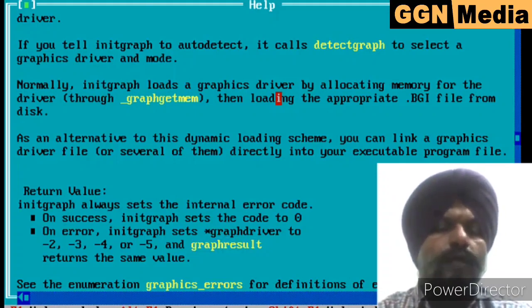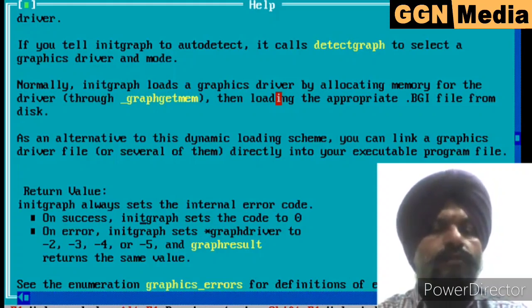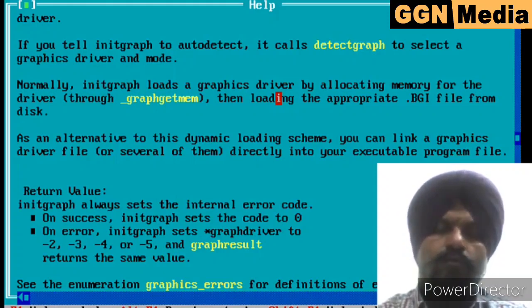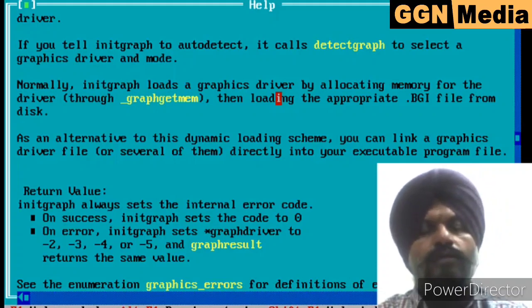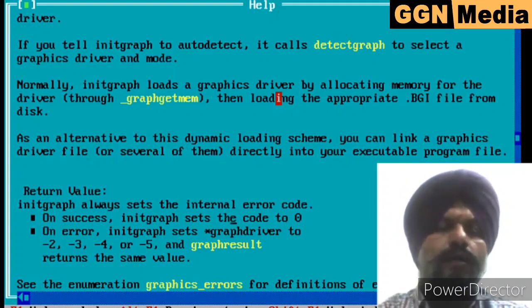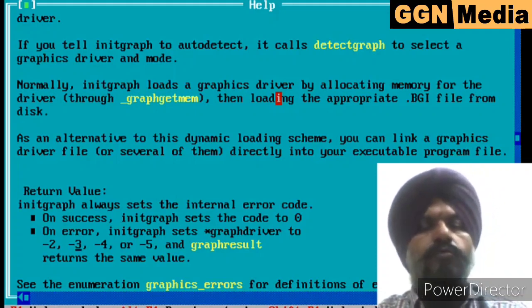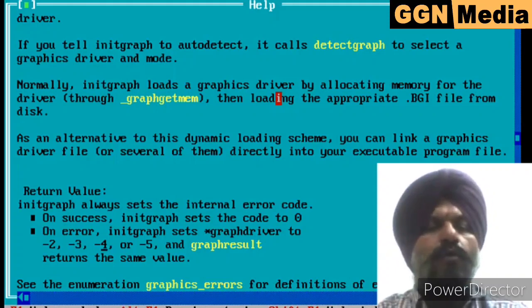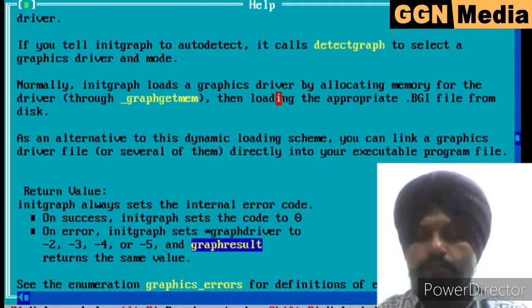After executing the initgraph function, we use graphresult. Graphresult returns a value based on initgraph. If initgraph is successfully executed and graphic mode is set, then it returns 0. It means the initgraph function is executed successfully. Otherwise, it will return negative values based on the error that has occurred, and all these values are returned by graphresult.